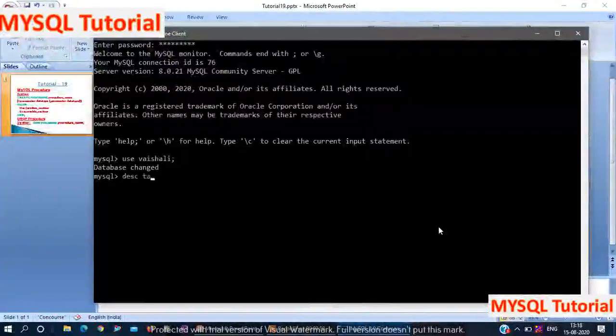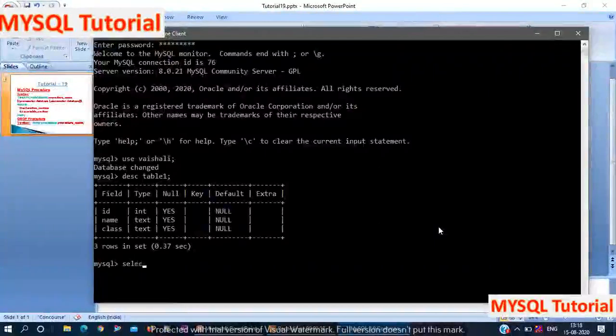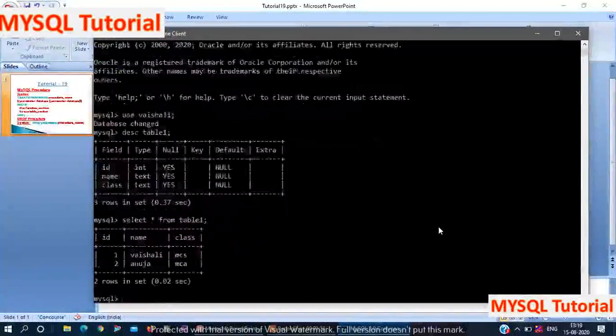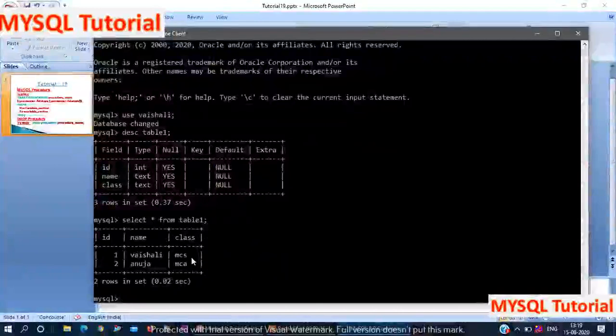Here I am using table 1. We are going to fetch the record from table 1. In table 1 I have already inserted only 2 records.